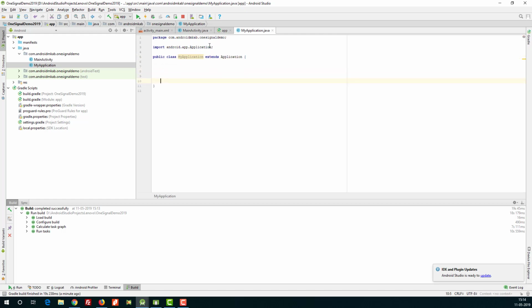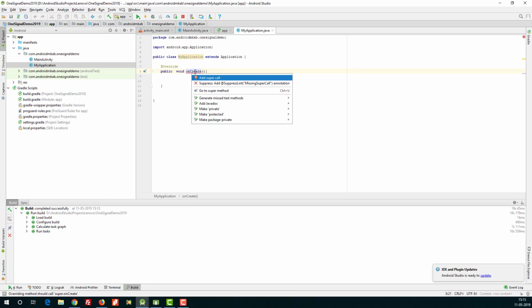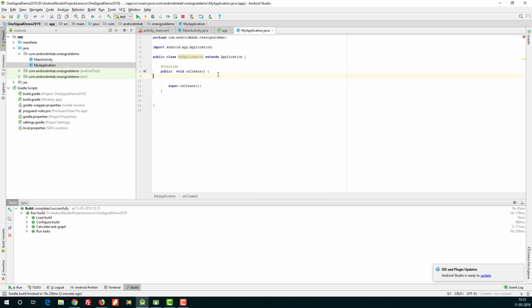Then create an onCreate method, public void onCreate, that's it.